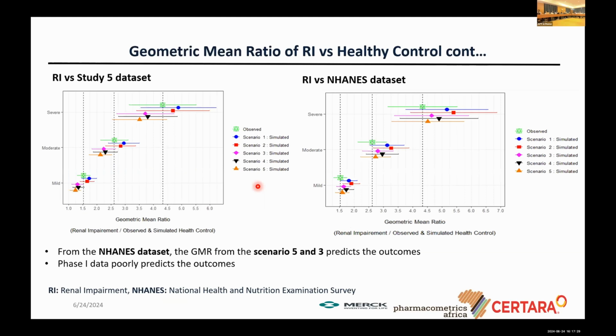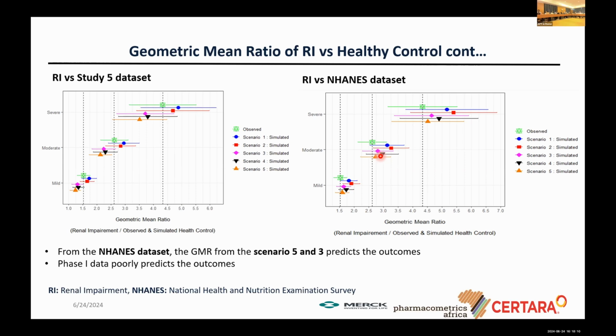So with that, we carried it forward to look at how this affects our predictions using our submitted data from 5 models per drug. When you look at observed data in the brain and simulated data in each scenario, you can see that scenarios 5 and 3 predict the outcome better, with scenario 3 having a good match